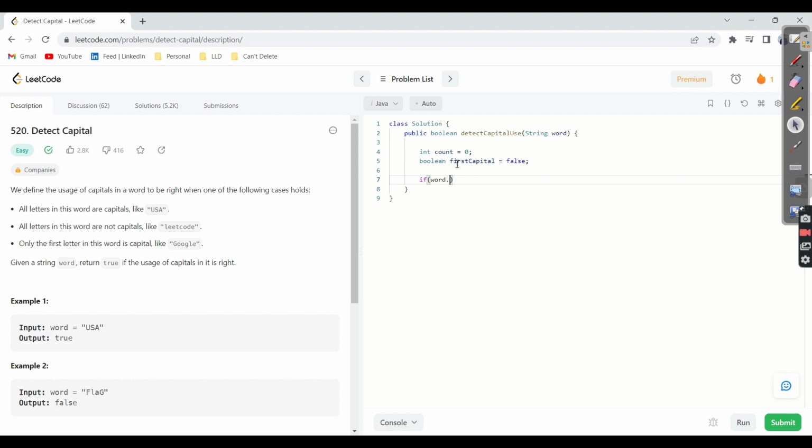How can I check? word.charAt(0), if this is greater than or equal to 'A', and word.charAt(0) is less than or equal to 'Z', in this case firstCapital is going to be true. That's it. Now the next step is too simple. We need to iterate through the complete string, for i equals 0, i less than word.length,